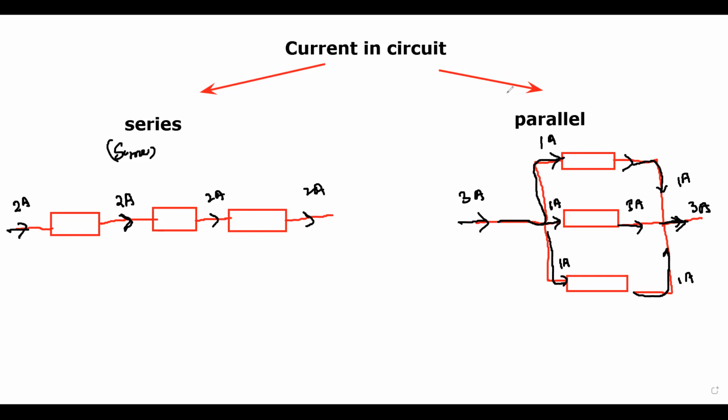So what happens in a parallel circuit? In a parallel circuit, the current will divide between the components. So in series, the current throughout the circuit is the same, but in parallel, the current divides between the parts present in the circuit. So if I say we have a battery which is connected to 3 resistors,